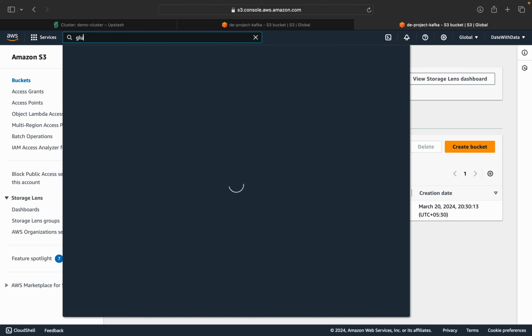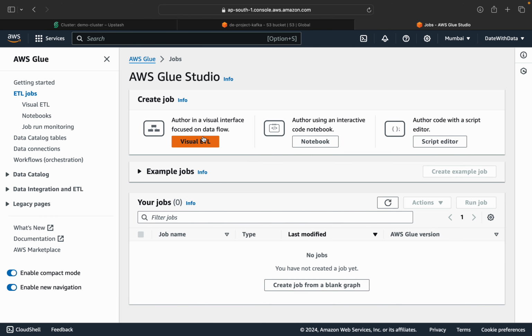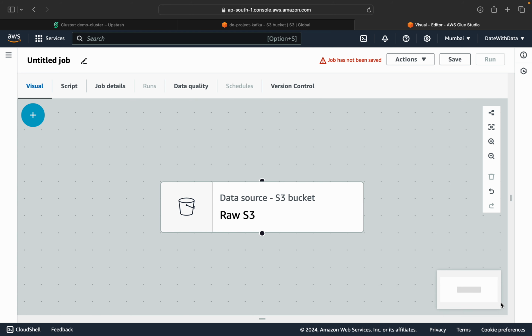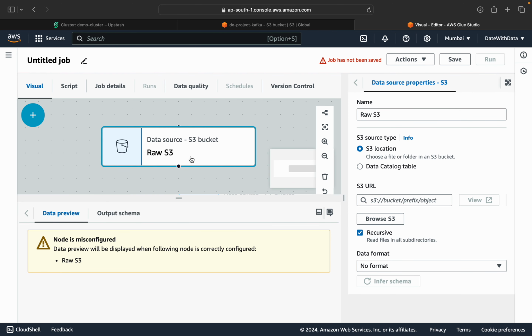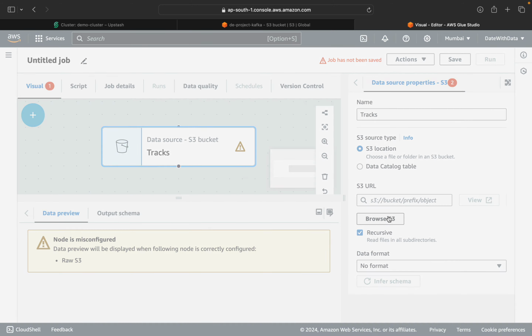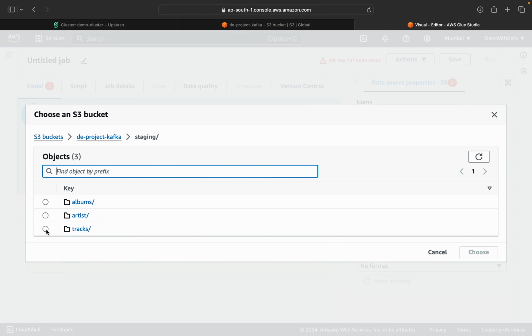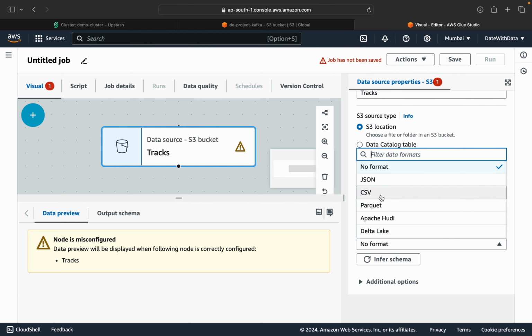Bucket. Let's go to Glue. To start creating our ETL job, we can create a visual ETL, right? Visual ETL is a recent feature which AWS Glue has launched. Herein we can just drag and drop and create our ETL pipeline. So we have raw S3. Let's read tracks data from here, right? Under browse S3, we can go to our staging layer, go to my tracks, and choose. Now we can just do CSV file,